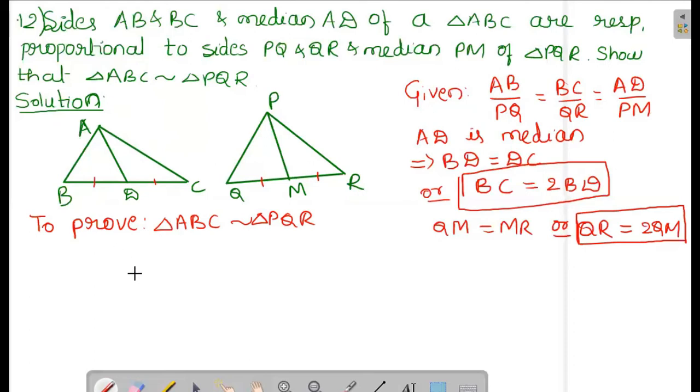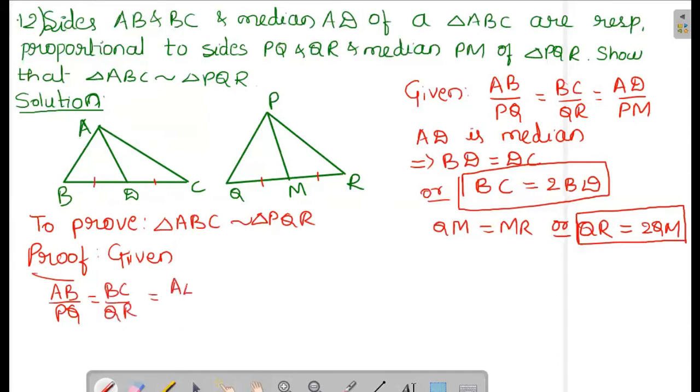Okay, now we'll take the proof. So given AB by PQ is equal to BC by QR is equal to AD by PM,